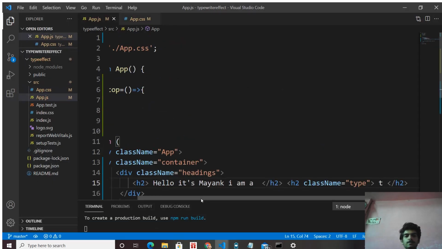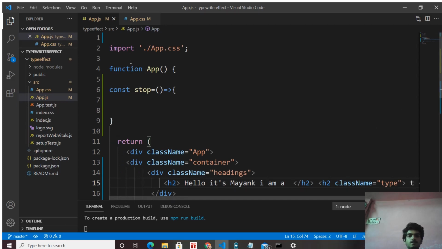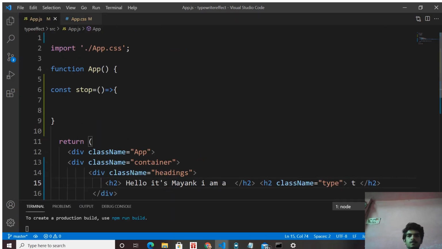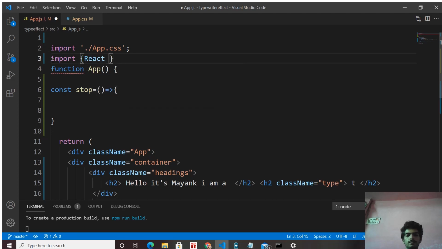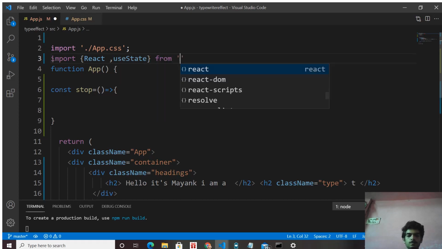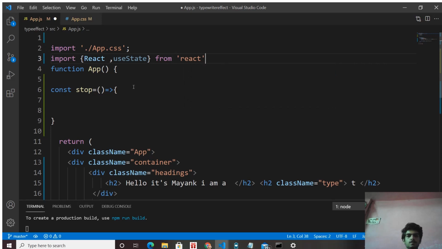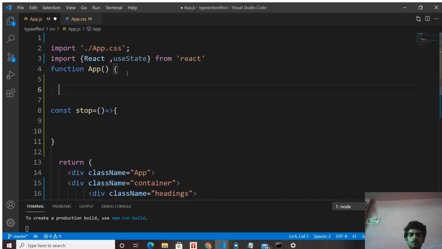Go to app.js. So we are importing the useState hook from React. First create a variable of words, and words is an array. Right now we will have only two words.